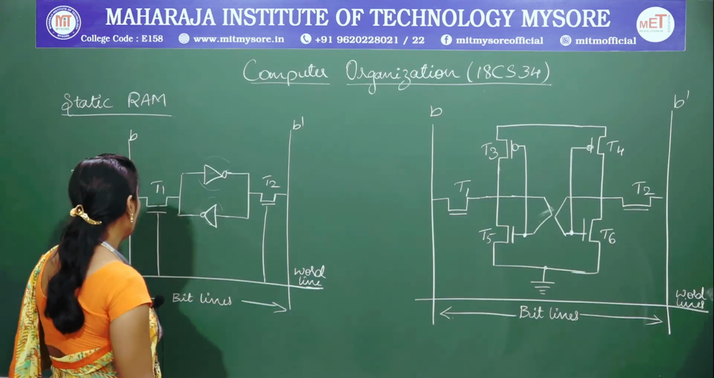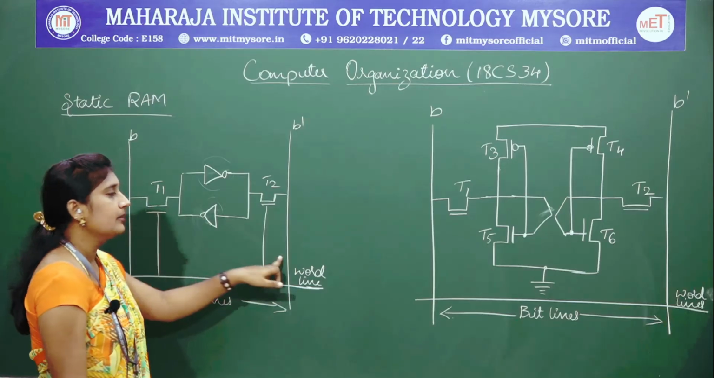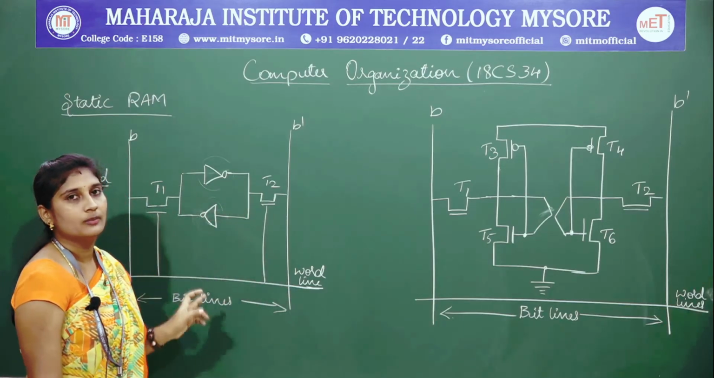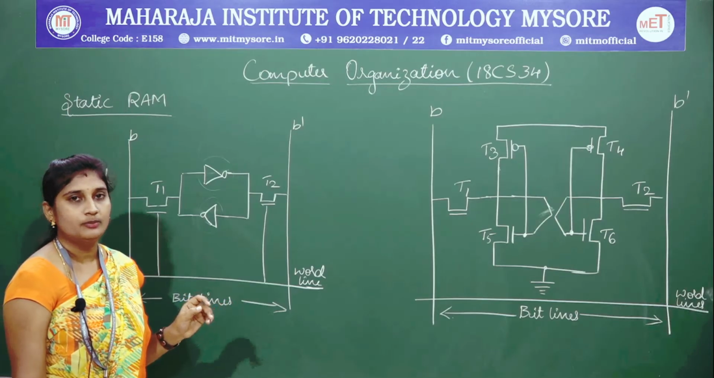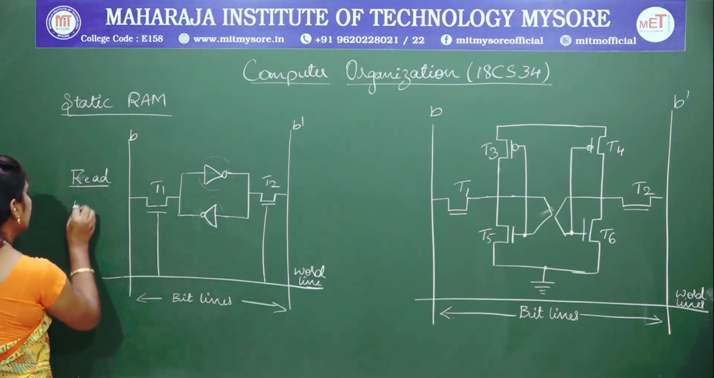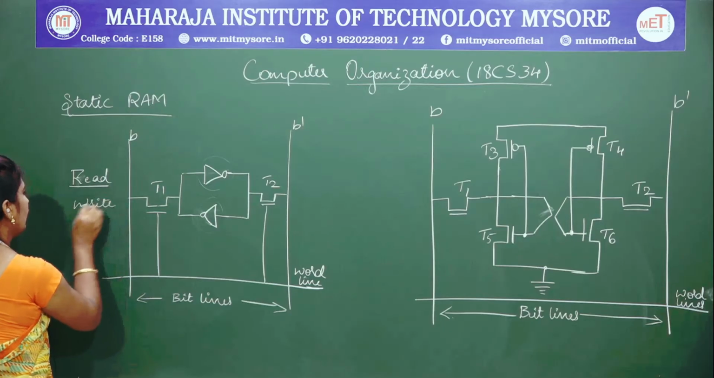So the B becomes high and B dash becomes low, and the contents will be drawn back to the bit lines of the processor. So again, when you need to perform the write operation,